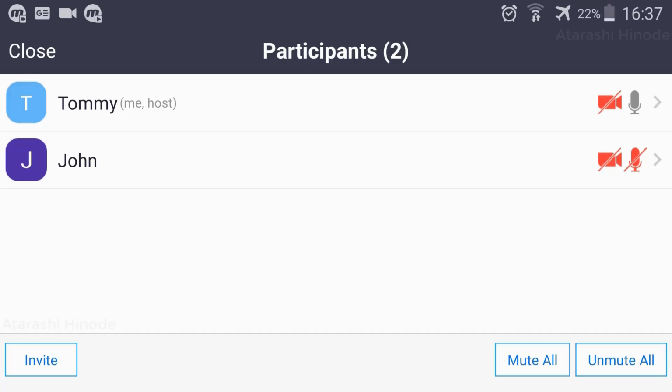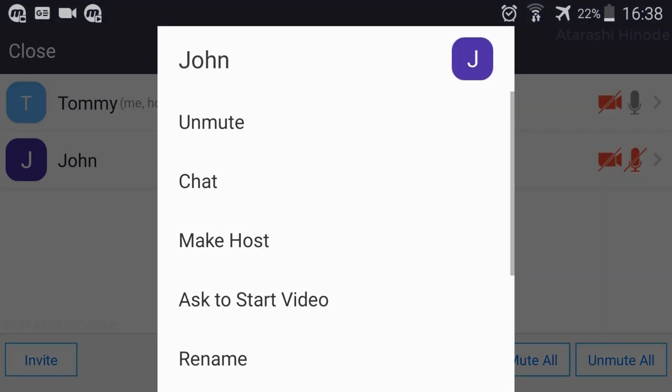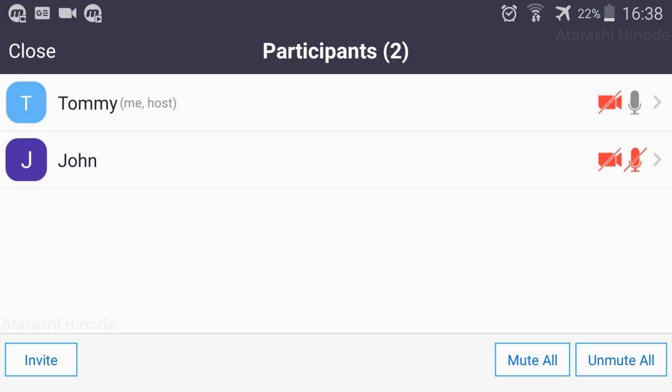Now let's see how to unmute participants individually. For that, go to the participant section and then click on the right arrow next to the microphone symbol of the participant whom you want to unmute, and when the new screen appears, click unmute. Now this is the secondary right we are giving to this particular participant, which means that if the participant mutes himself accidentally, then he cannot unmute. He would need to request the host to unmute him. This is because our primary right is to block all